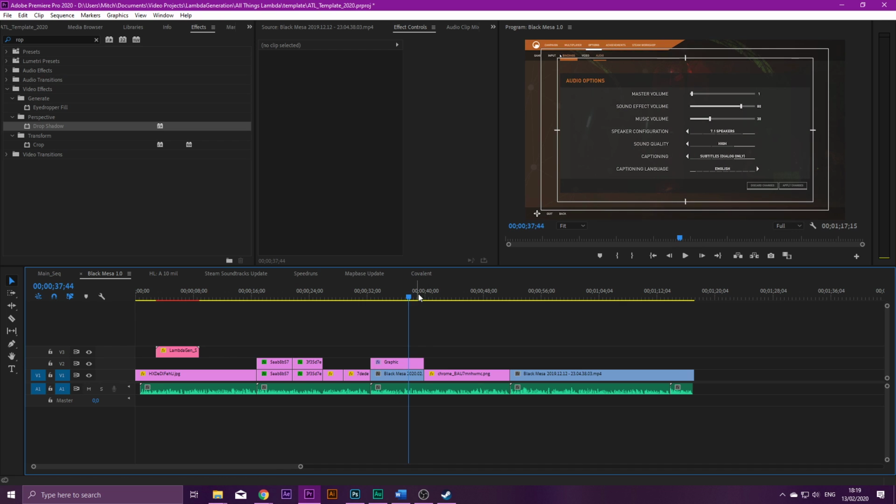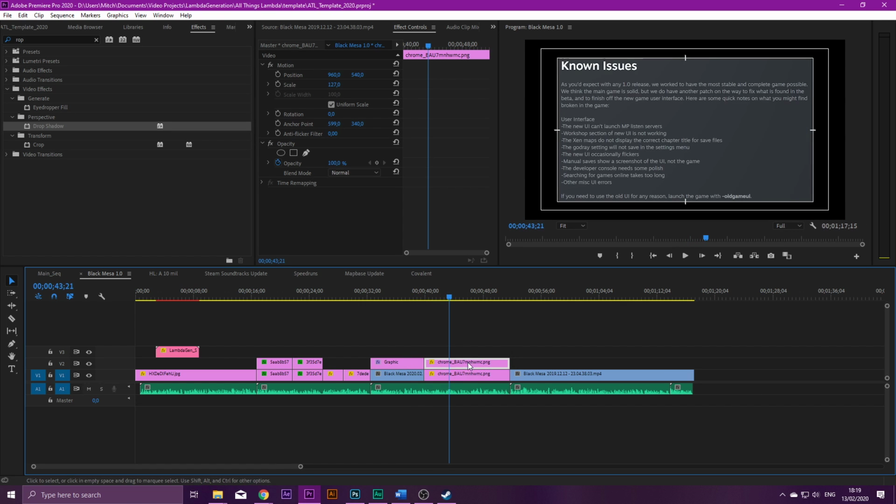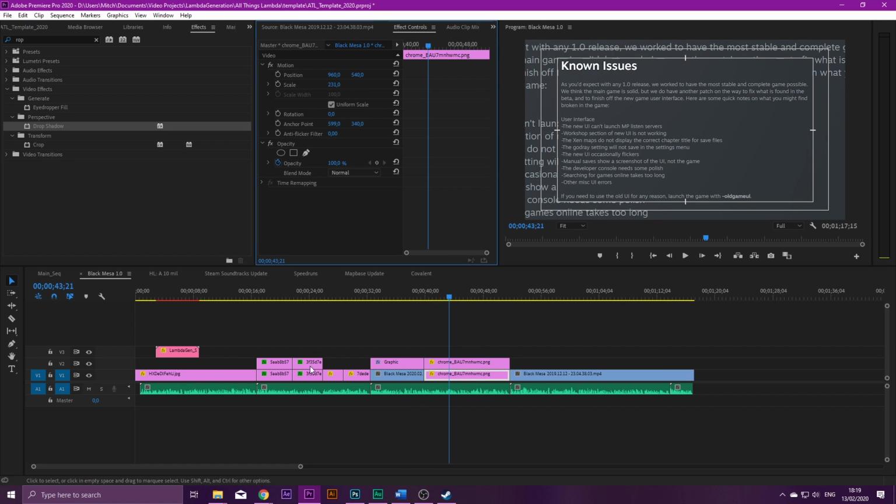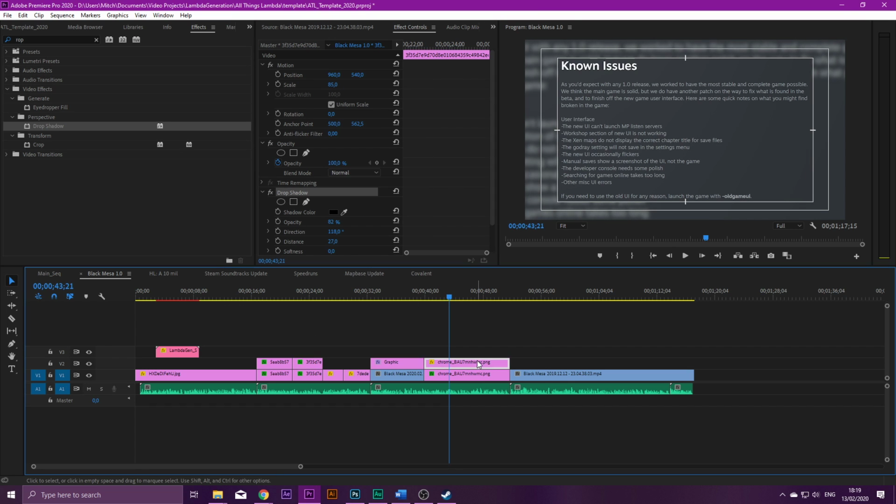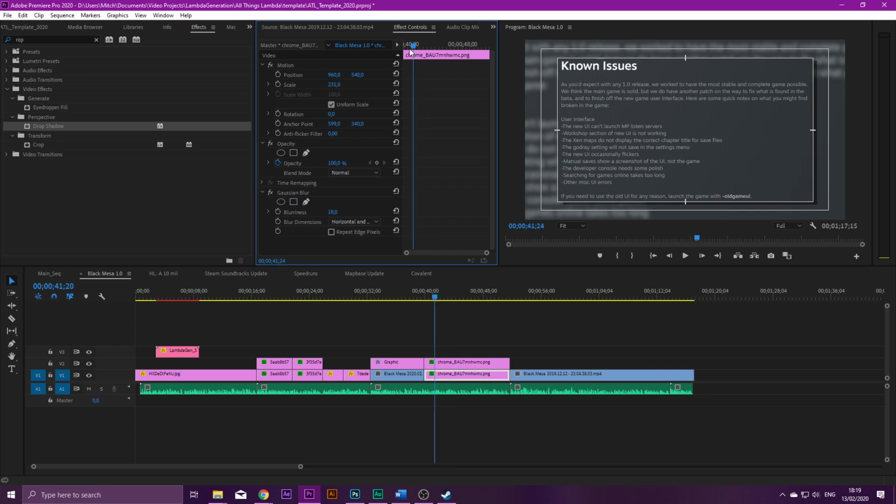Now, it's still okay. Let's do this now. Gaussian blur. Boom. Bit less blurry. You can still make out what's behind it for a bit. Now let's change the position of the